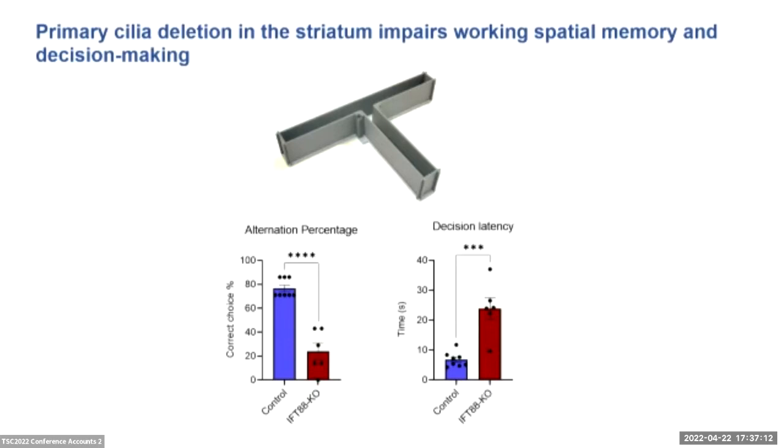So we moved to higher-level behaviors, working memory. In a very simple experiment, a working spatial memory assay, like a T-maze, we place the animals and look at how many mistakes they make when they navigate the space. That's why it is spatial memory. We found that the animals that lost cilia have a deficit. They make a lot of mistakes in alternating between the right and left arm. Not only that, they take much longer to decide where to go, so they have a longer latency in decision making.